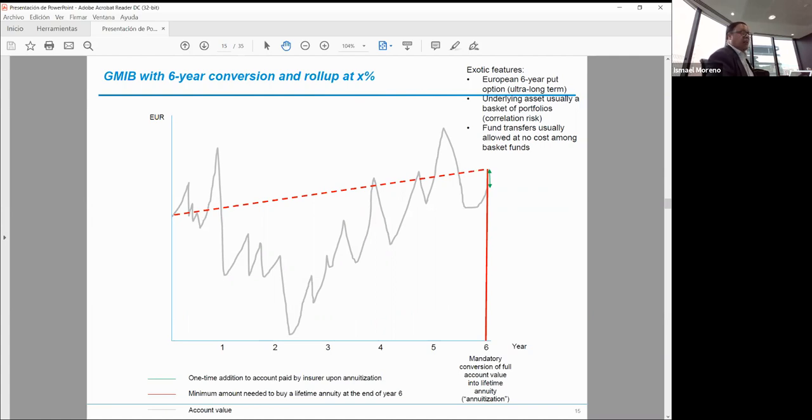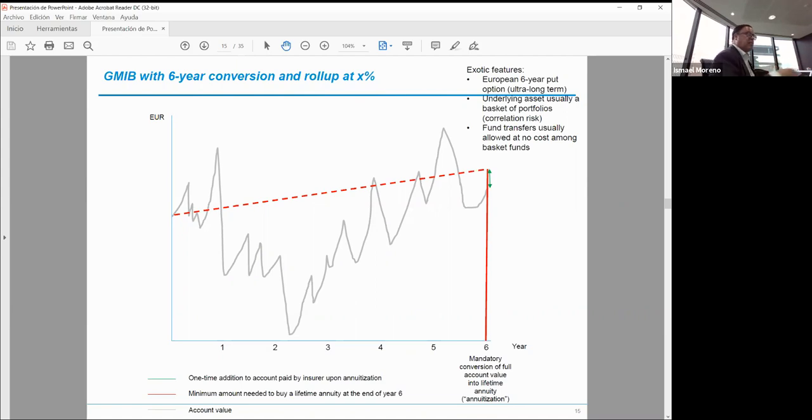This is basically the same as a GMAB, only associated to the fact that you've got to purchase an annuity from the same provider every year. This is done for commercial reasons. You obviously retain the client not only before retirement but after retirement as well for the